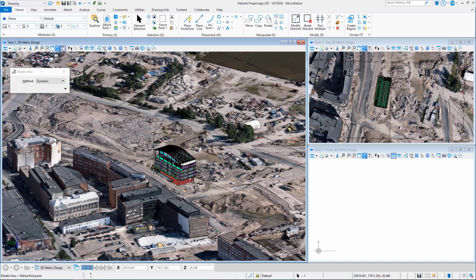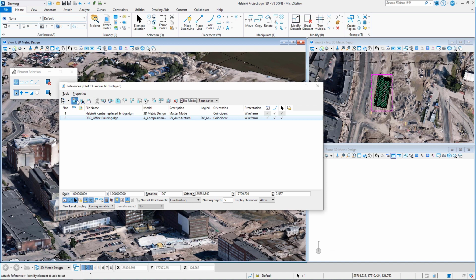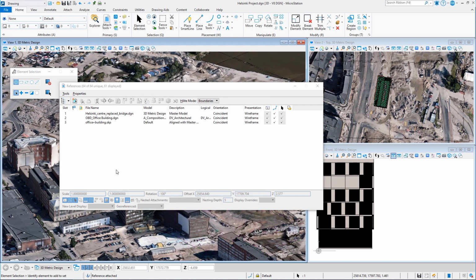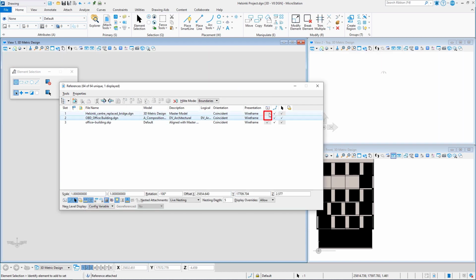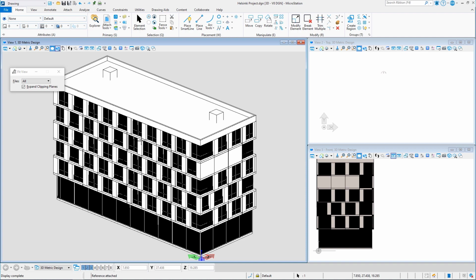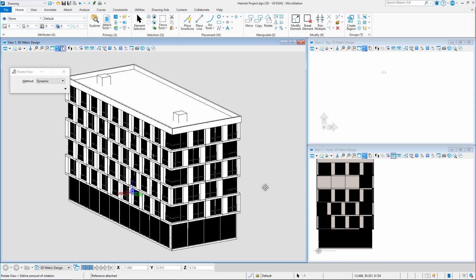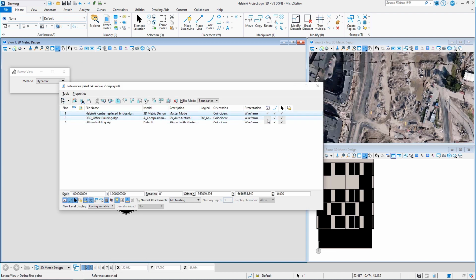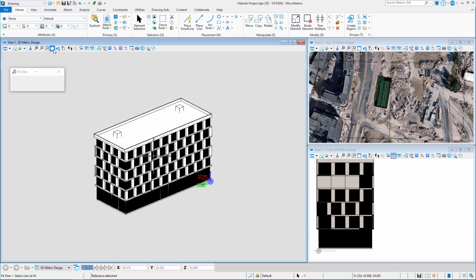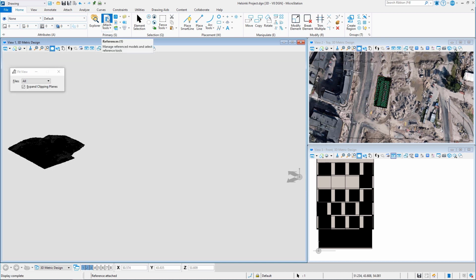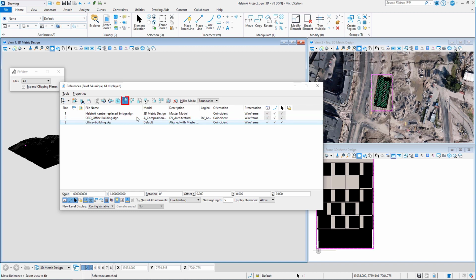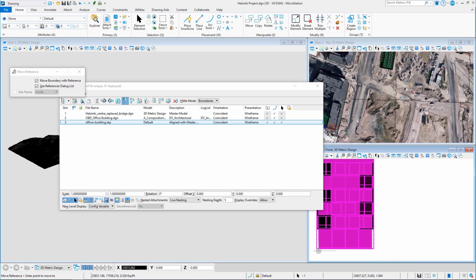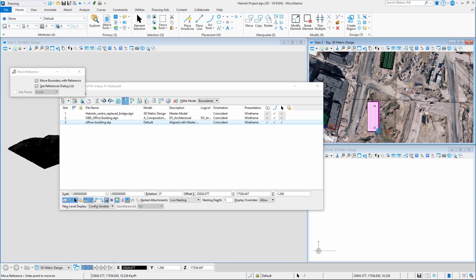This time it will be a SketchUp file supported by MicroStation as well. I will switch off the display of other references and fit the view to take a look at the model. It is quite a simple building. I will move it to the side the same way, making use of other views this time. So I will just place it near the first building. I will adjust the angle later,